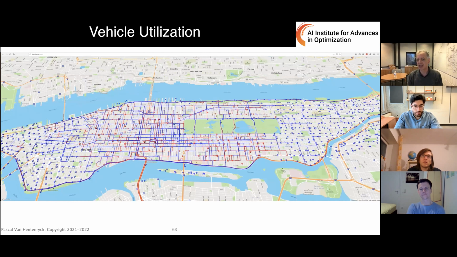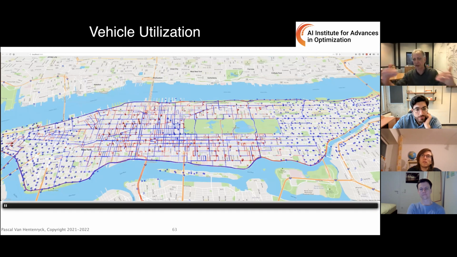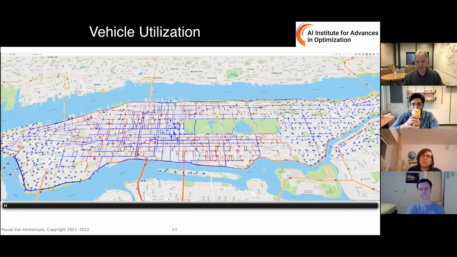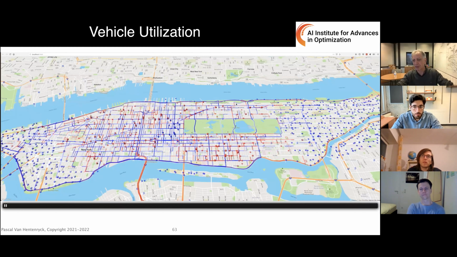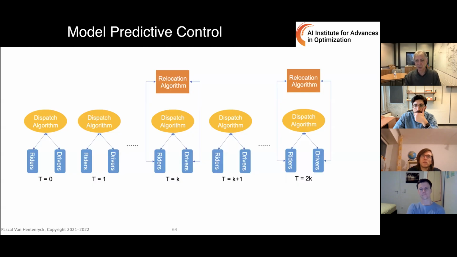They don't do anything, because it's not cost effective to actually deploy them. They would increase the expected waiting time too much. And so these vehicles basically serve no purpose. Of course, over time, they move more to the center of the city, but it takes a long time to get there. So what we decided to do is to add a model predictive component here, and a relocation